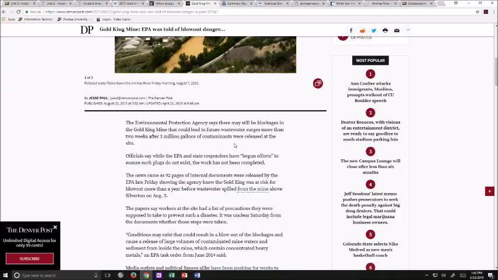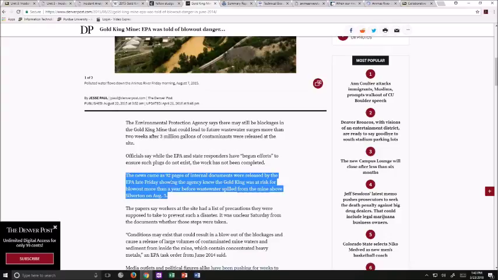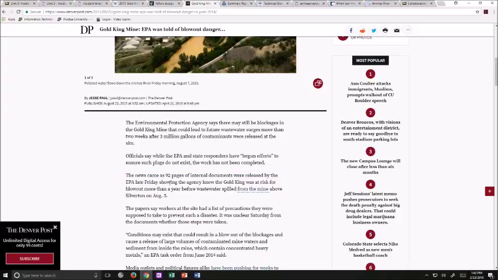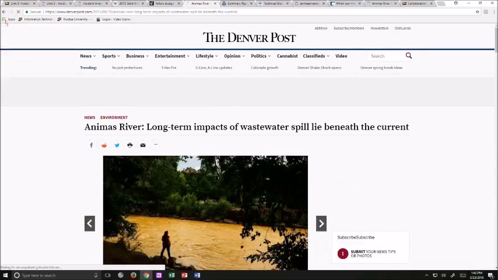It helped me narrow my research by pointing me toward an internal EPA report. As you read this, you can see here it says, the news came as 92 pages of internal documents were released by the EPA. As I was reading that, I thought, oh, well, let me click on that link and see what the EPA actually said. Obviously, it's a 92-page report, and so it's pretty substantial. But you can see,